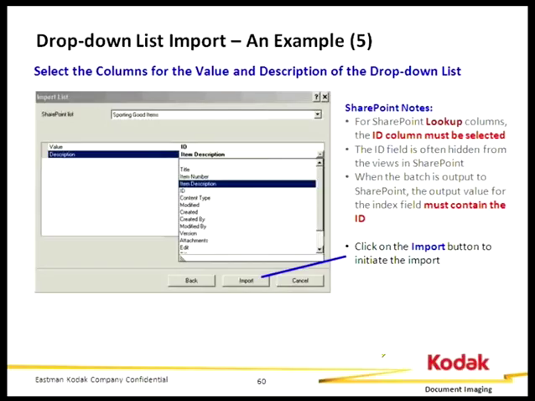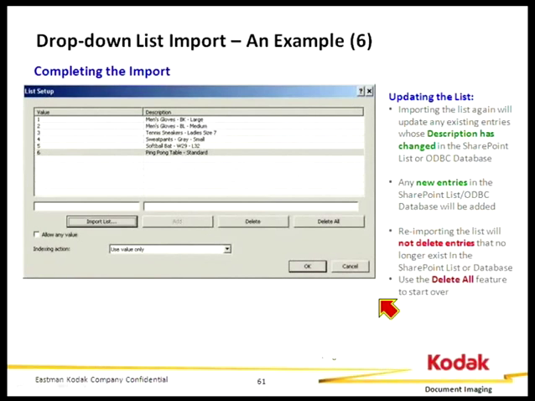Note that the ID field in a SharePoint view is often hidden from the end user in SharePoint. They don't even know that the ID column exists. It's like one of these overhead metadata columns like the modified date and the user and all this other kind of stuff, or last modified date or something like that. However, when the batch is output to SharePoint, the output value for the index field must contain the ID that was imported in from SharePoint. I click on Import,